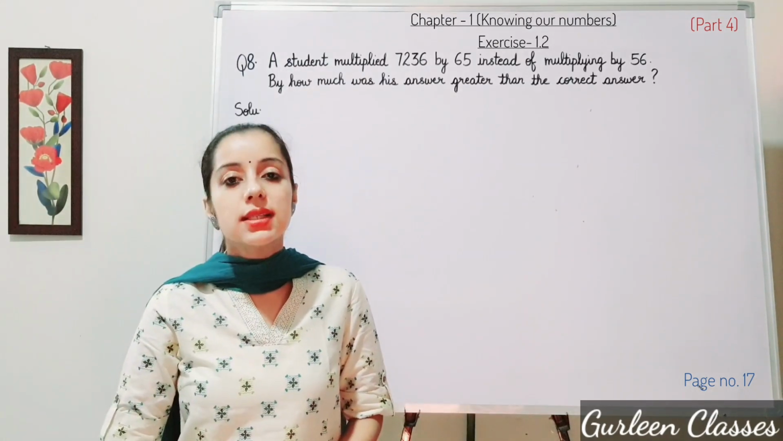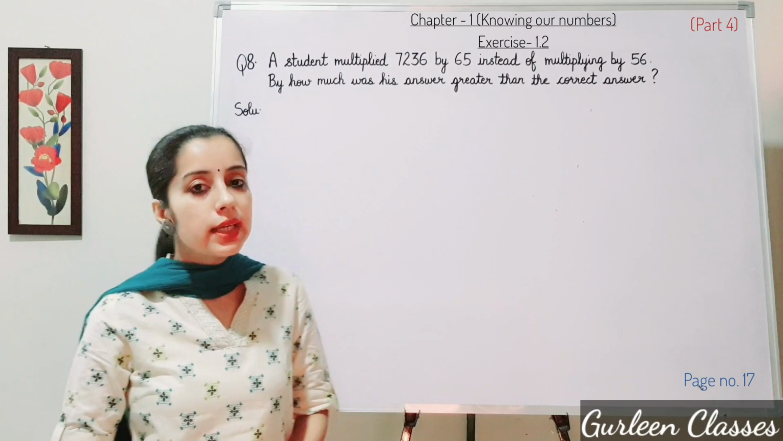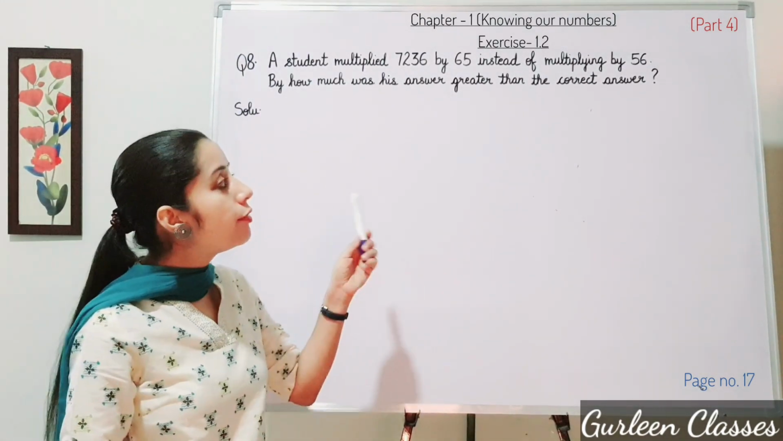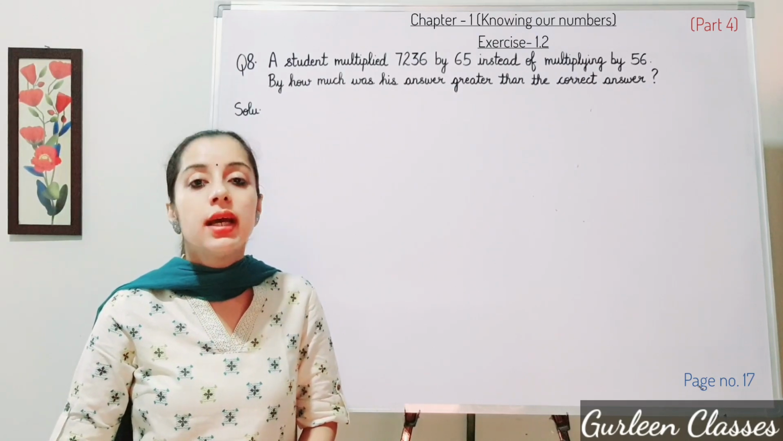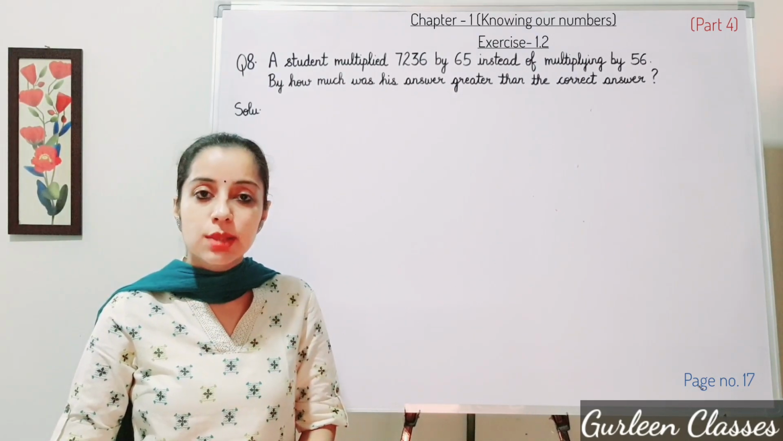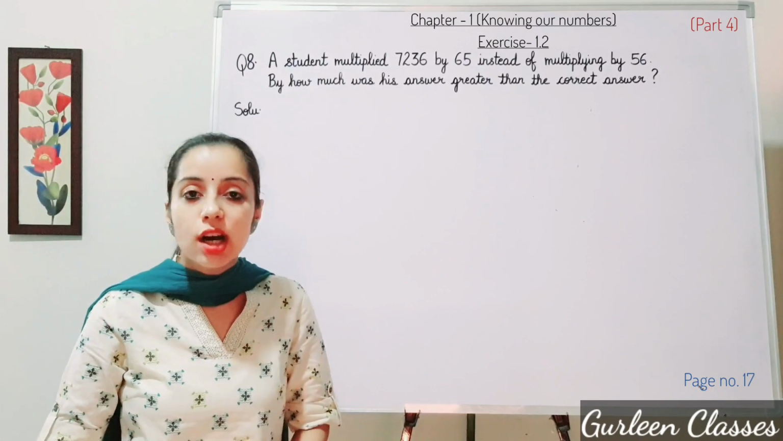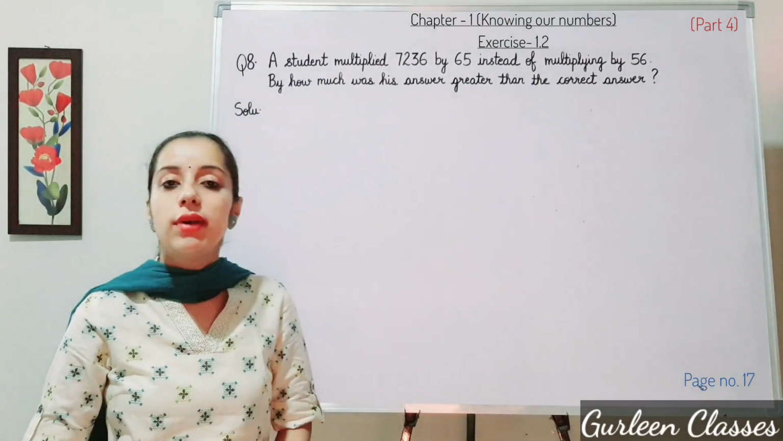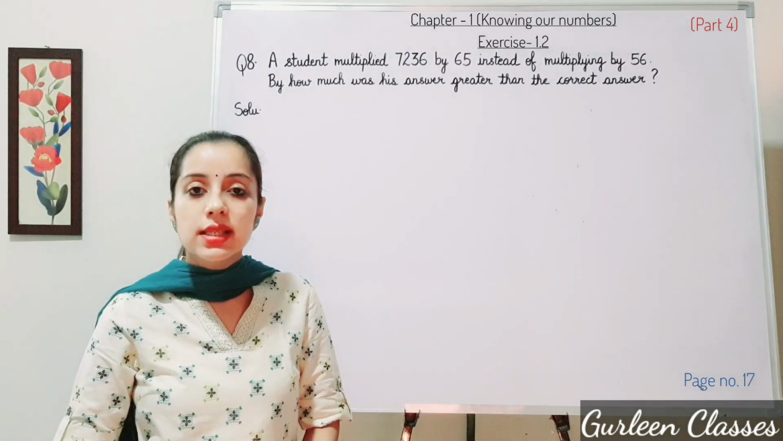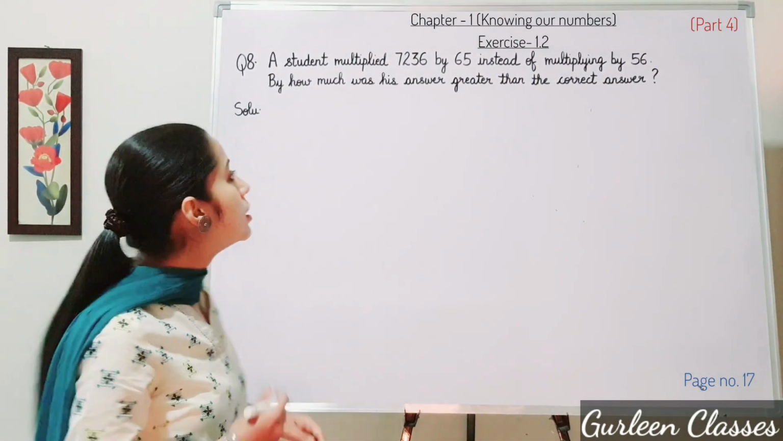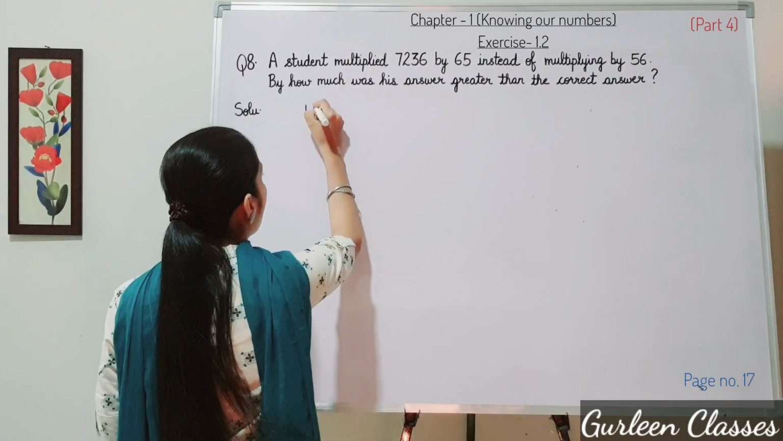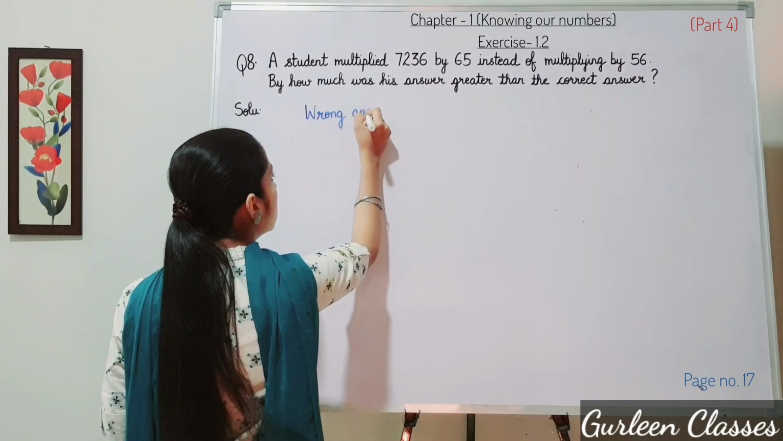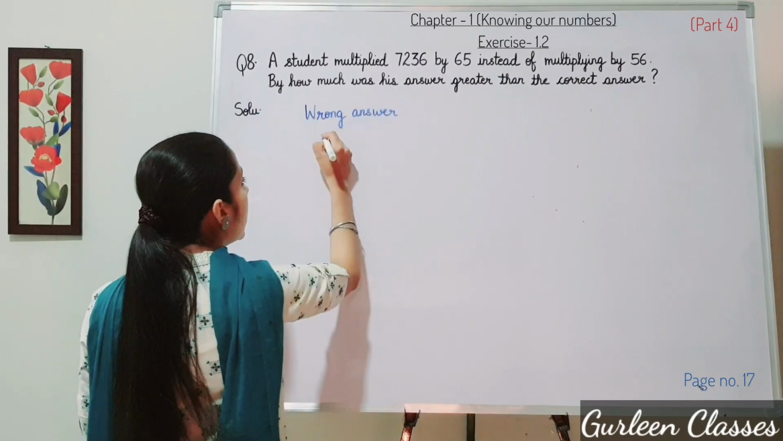Question number 8. A student multiplied 7236 by 65 instead of multiplying by 56. By how much was his answer greater than the correct answer? So first let us multiply the wrong answer. So write here, wrong answer. So you will multiply